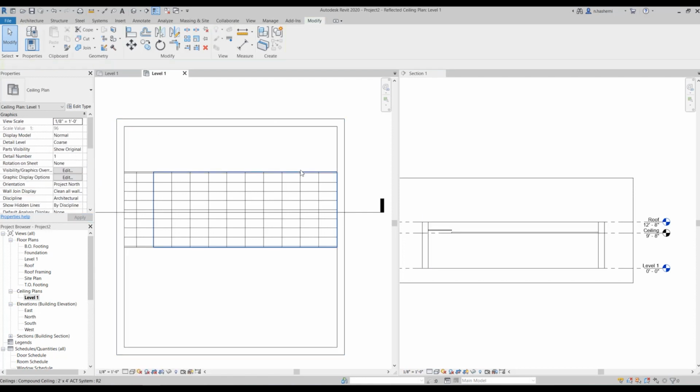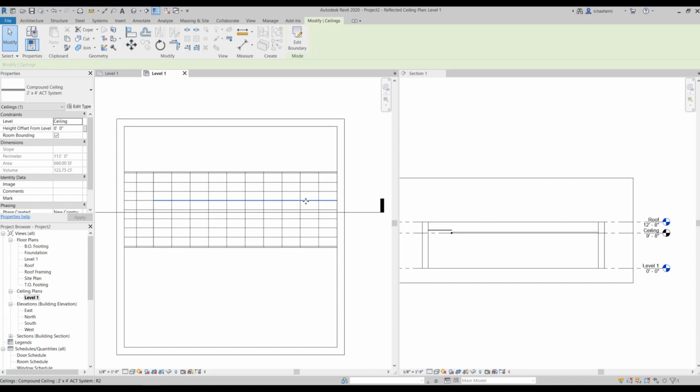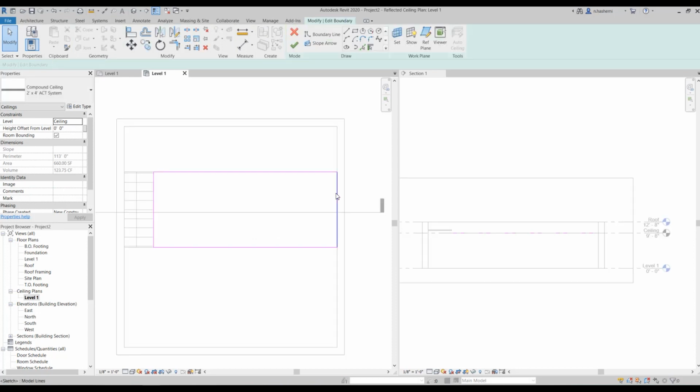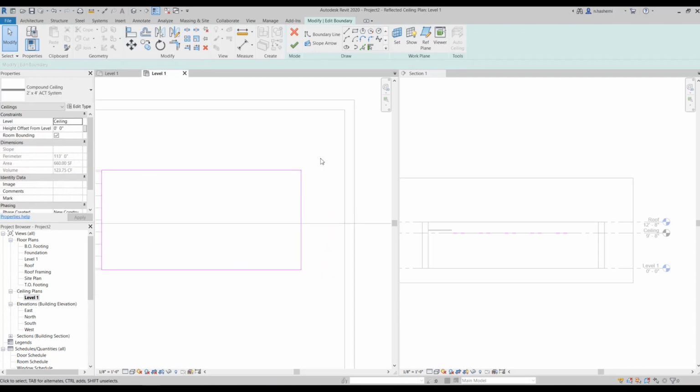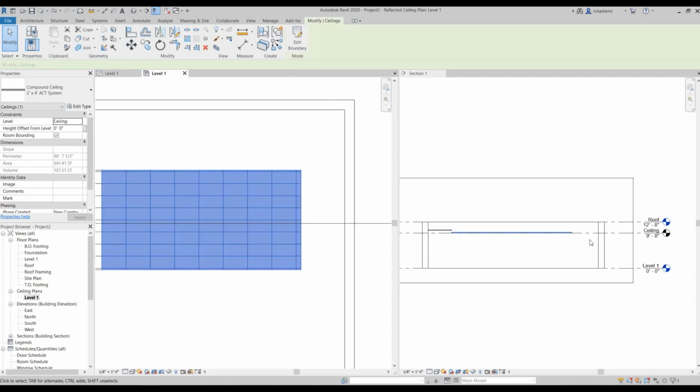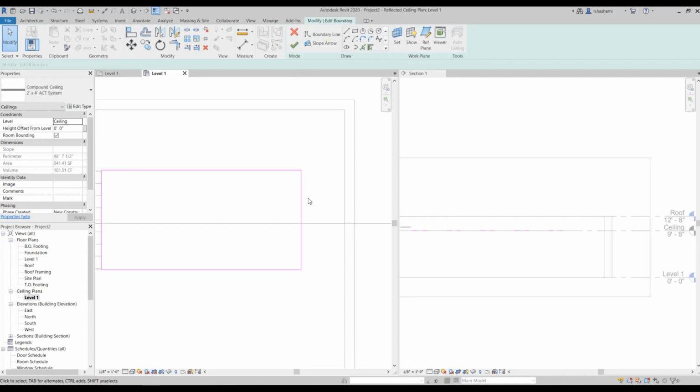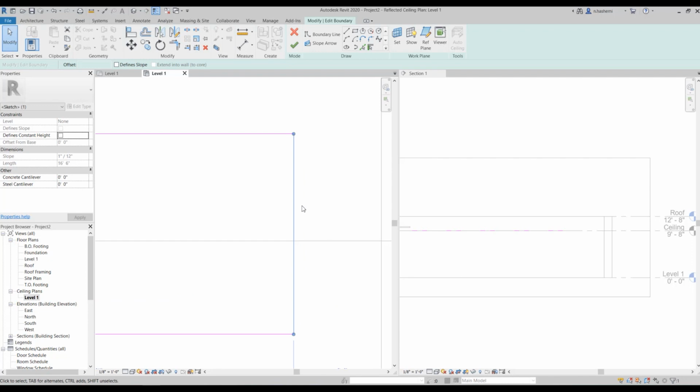First I need to pull this edge of the ceiling a little bit to the left. So I'm going to double click on it and just edit the sketch. Something like this. A little bit too much.